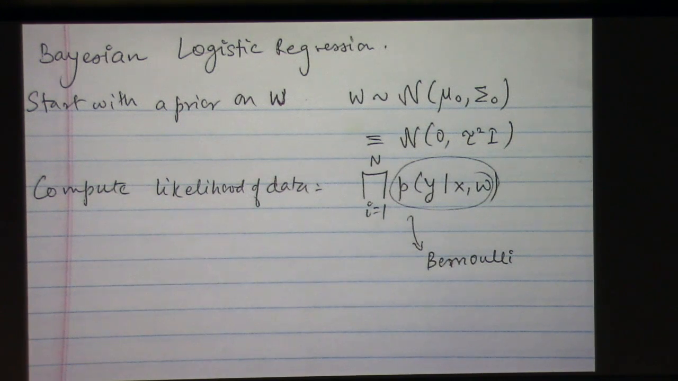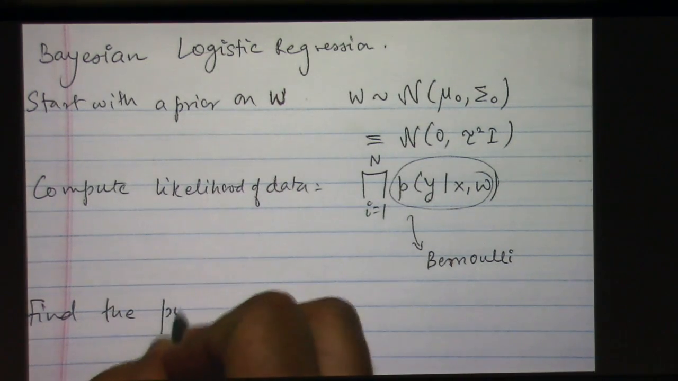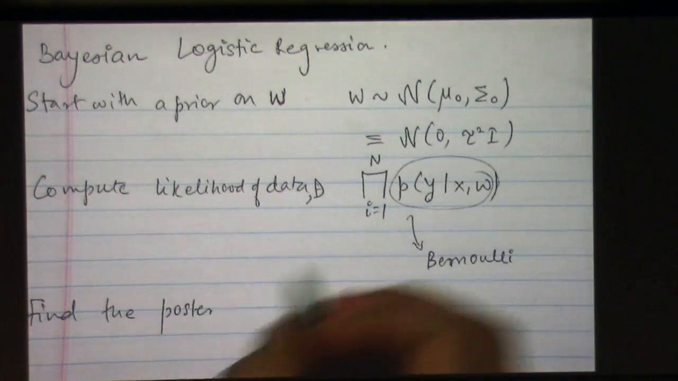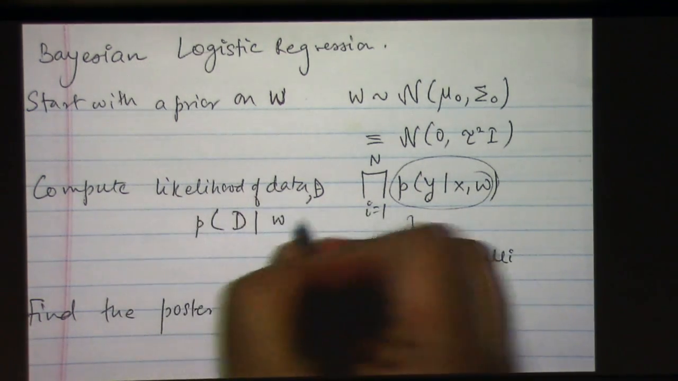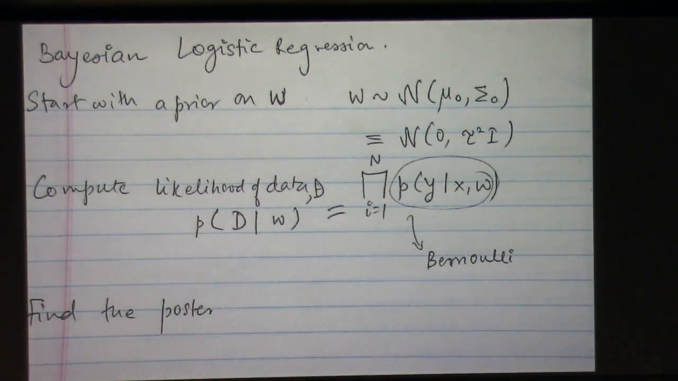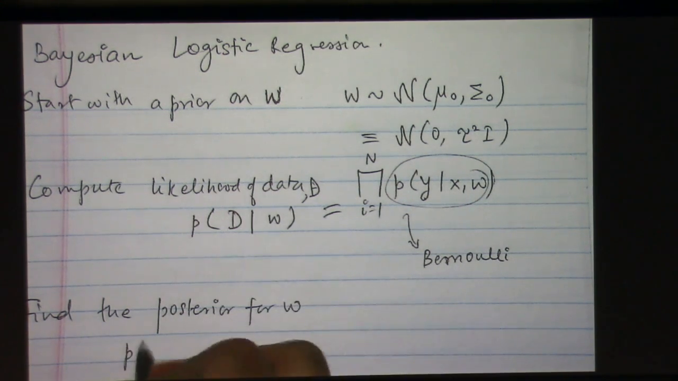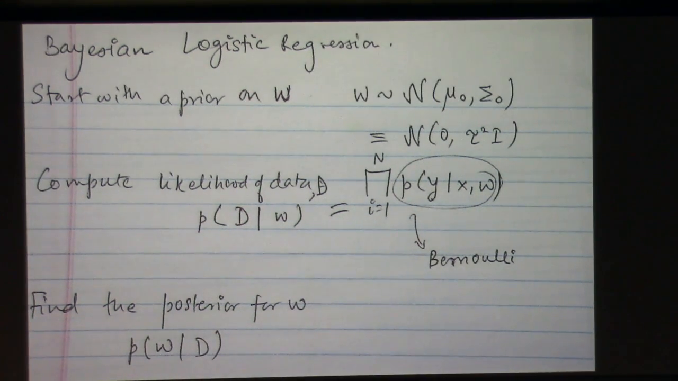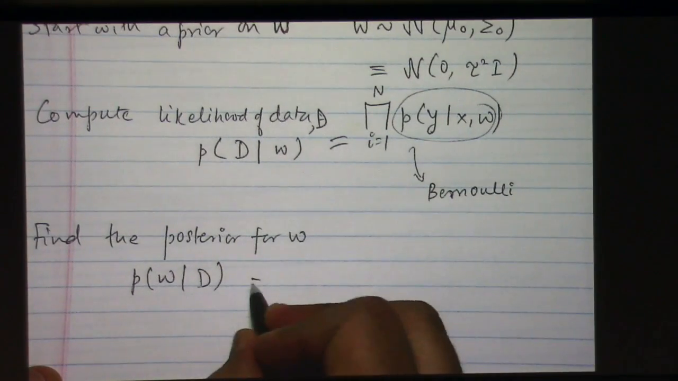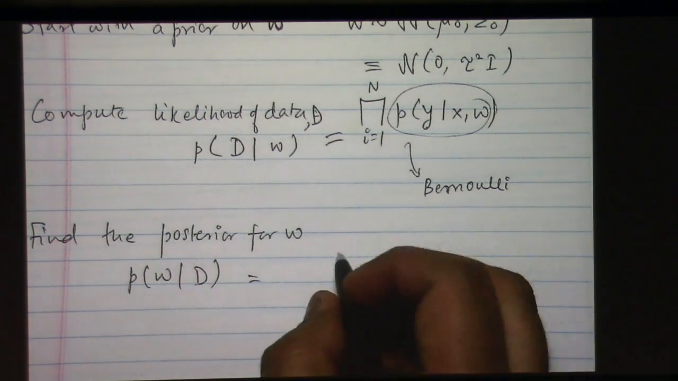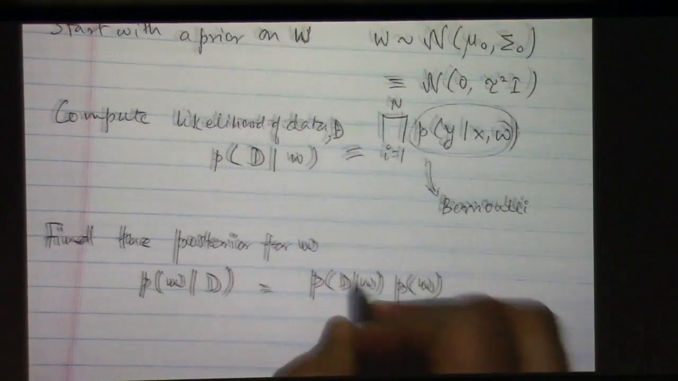Now we want to find the posterior for W. So let's call this data D. So P of D given W is equal to this, and this is all of my data. And we find the posterior for W, which is P of W given D. So now I want to flip it. How do I revise my estimate for weights after observing all the data? This is going to be a simple application of Bayes' rule, where we say this is equal to P of D given W times P of W over